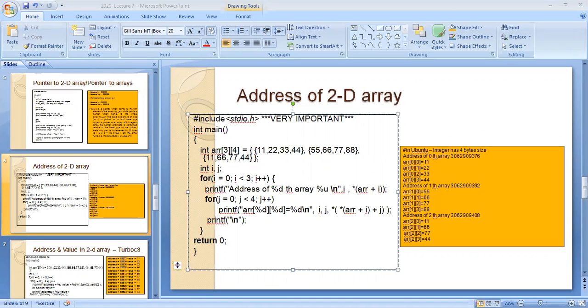Answer for this now. What is the representation you give to get the address and value of array of 2 comma 3? The maximum is array of 3 comma 4. Give the representation to get the address and value of array of 2 comma 3. How to get the address and value? Kindly answer it here.